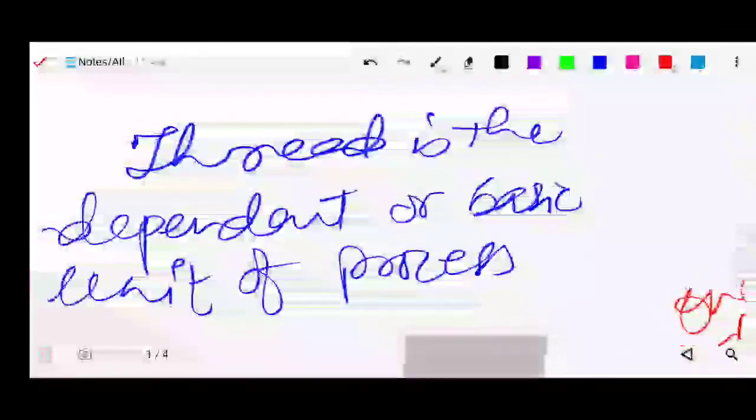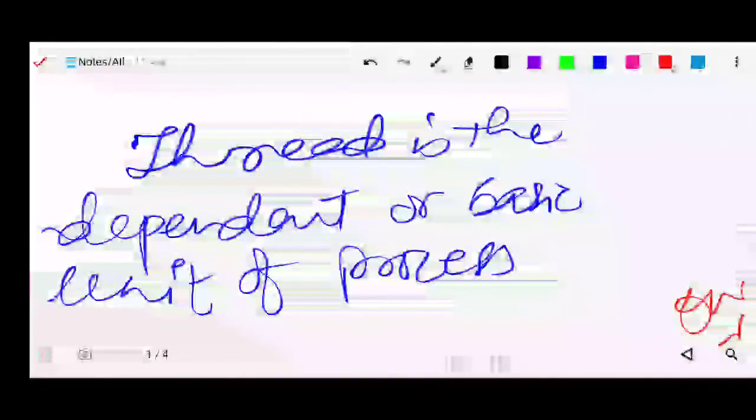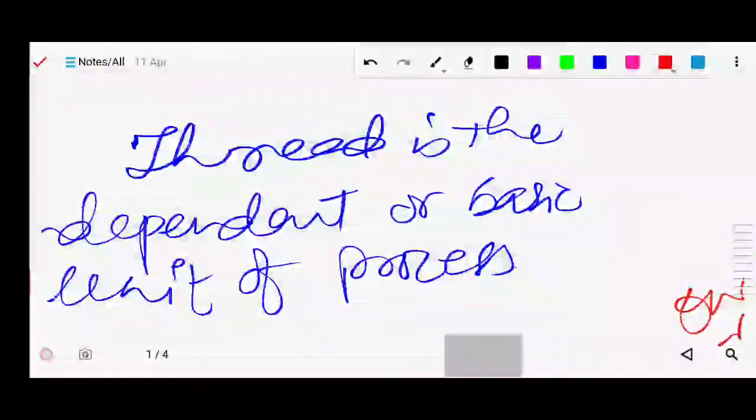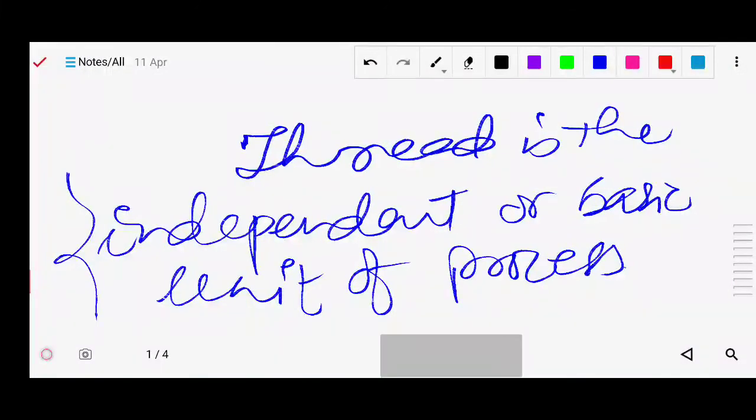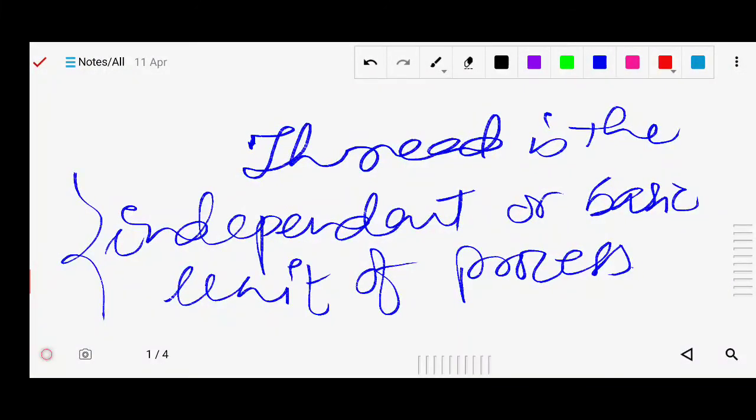So what you have to understand is that a thread is a small unit of the process. It is the same as multitasking, but in multitasking there are multiple processes, while here we are using multiple threads. Here, multiple threads means a small portion of the work is taken by the operating system. It is divided.